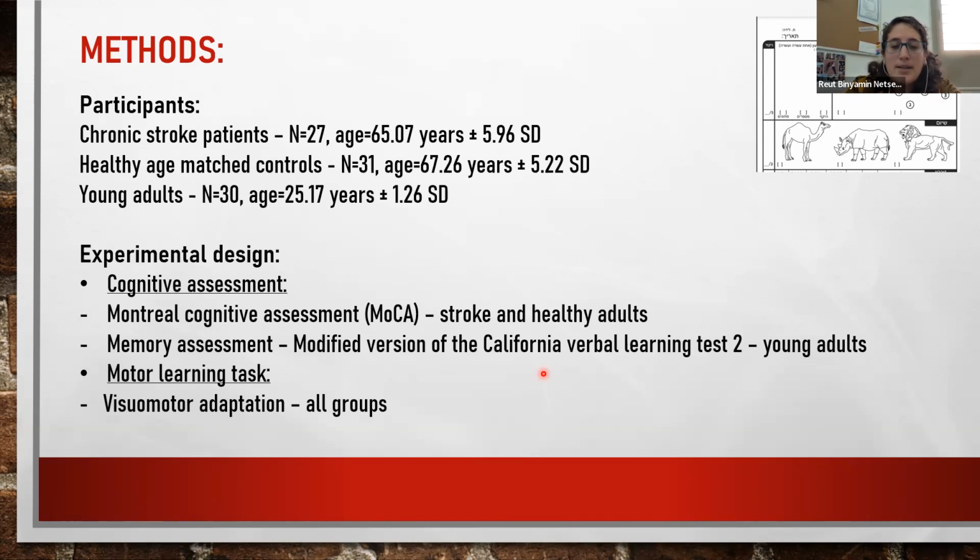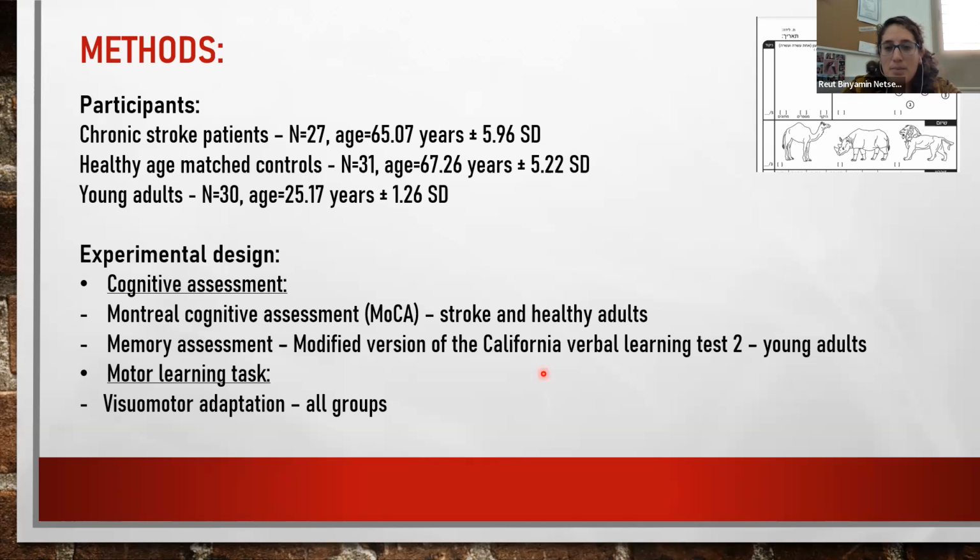In this task, the young participants heard a list of 16 words, then they needed to immediately repeat the words, then they heard the list again, then repeated immediately again. And after doing the motor learning task, they needed to recall the words again without hearing them again. So each participant received 3 scores after each repeat, and the score was the amount of words they remembered correctly.